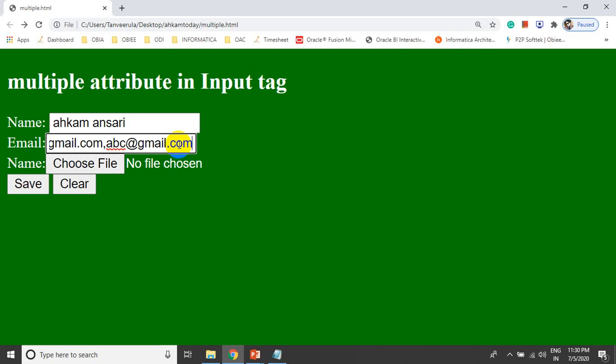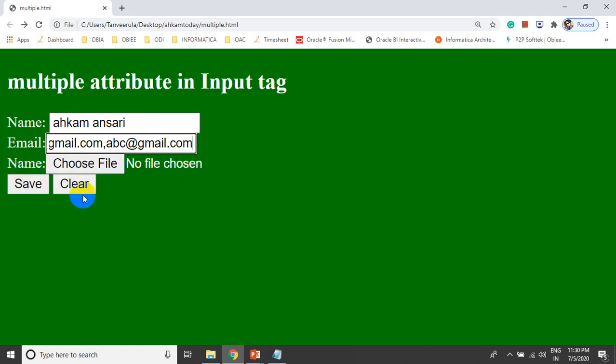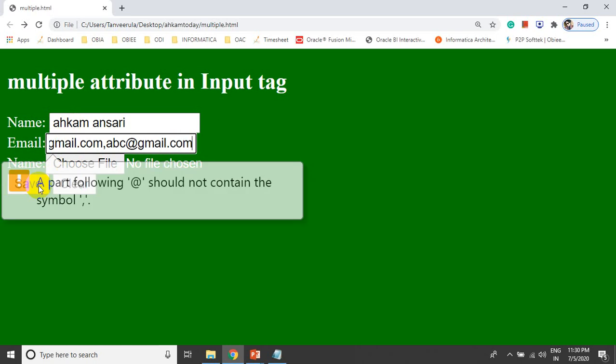But input type equal to email would not allow two email IDs. Let me save the form. See. Again it's showing that a part of the following address should not contain this symbol, that is the comma symbol, because I have used comma.